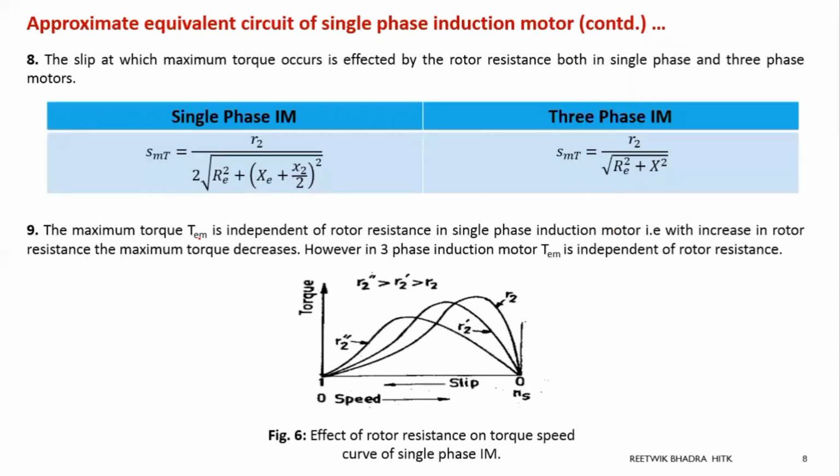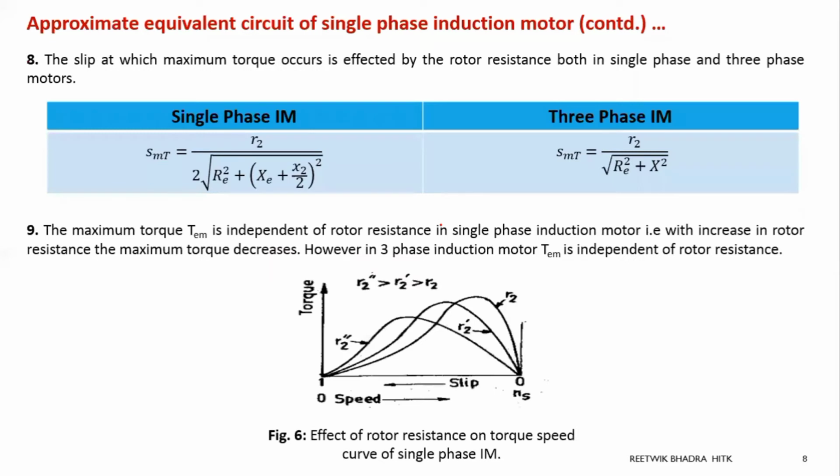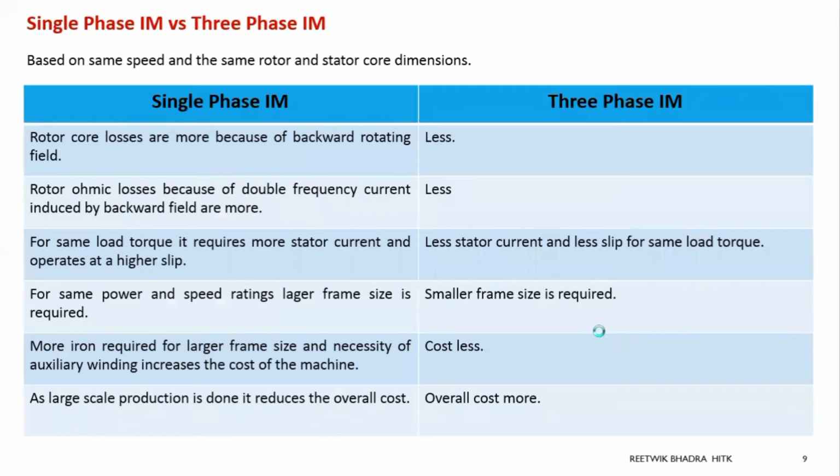I've just written the difference over here. I am leaving you the calculation of Tem, to find out how this Smt will affect it. Just follow the same procedure as we had done earlier and calculate Tem. This is your homework. Next, what I have done over here is shown you some differences. In the next slide, also some differences are there.